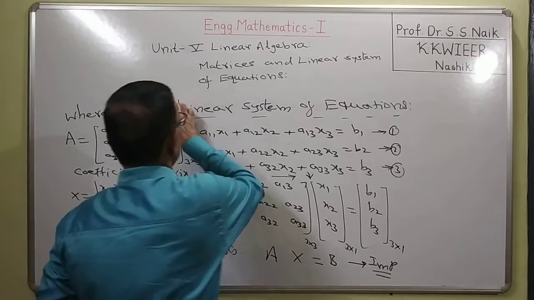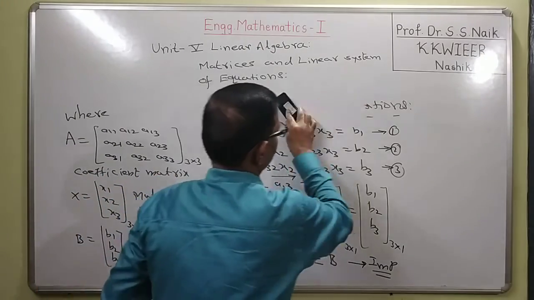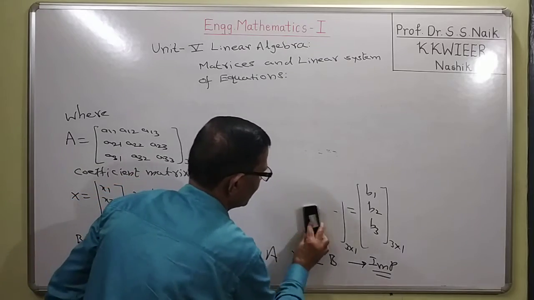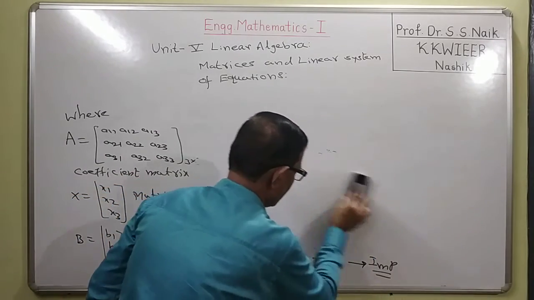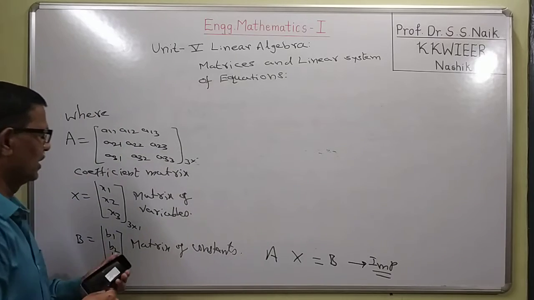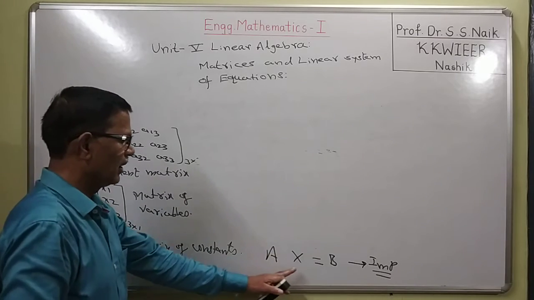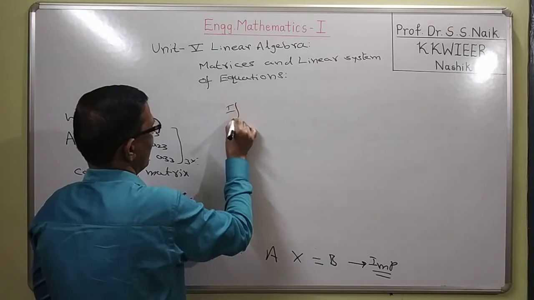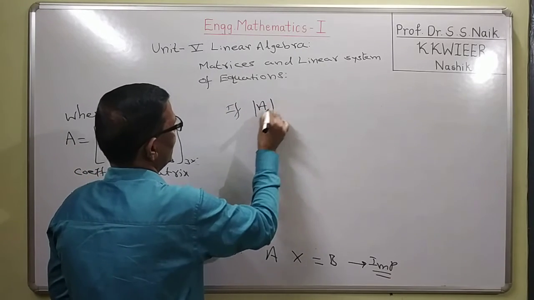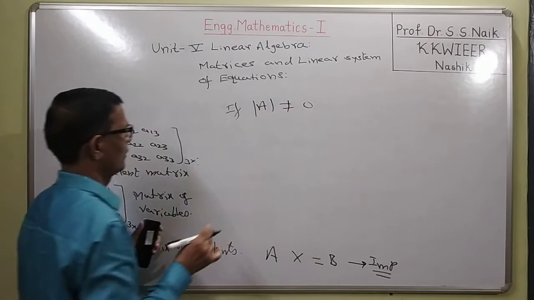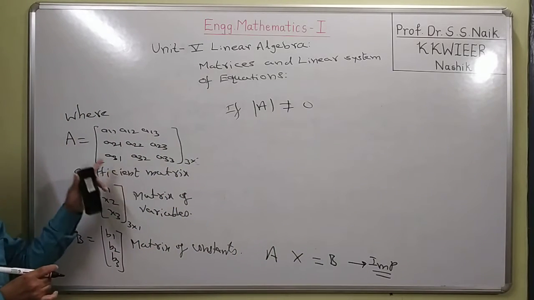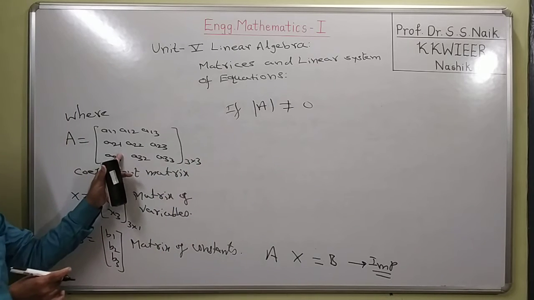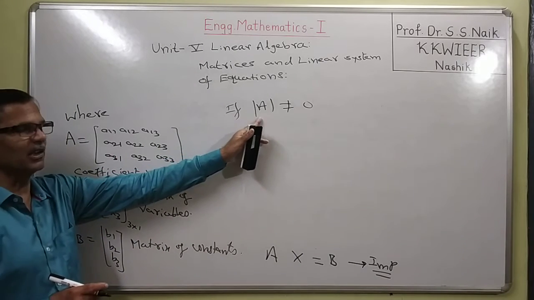So what is our aim? Our aim is solving this system, Ax = B. Now just try to understand. This Ax = B is the system of equations. Then, this is the coefficient matrix, a 3 by 3 matrix. When this is a 3 by 3 matrix, find the determinant of this.